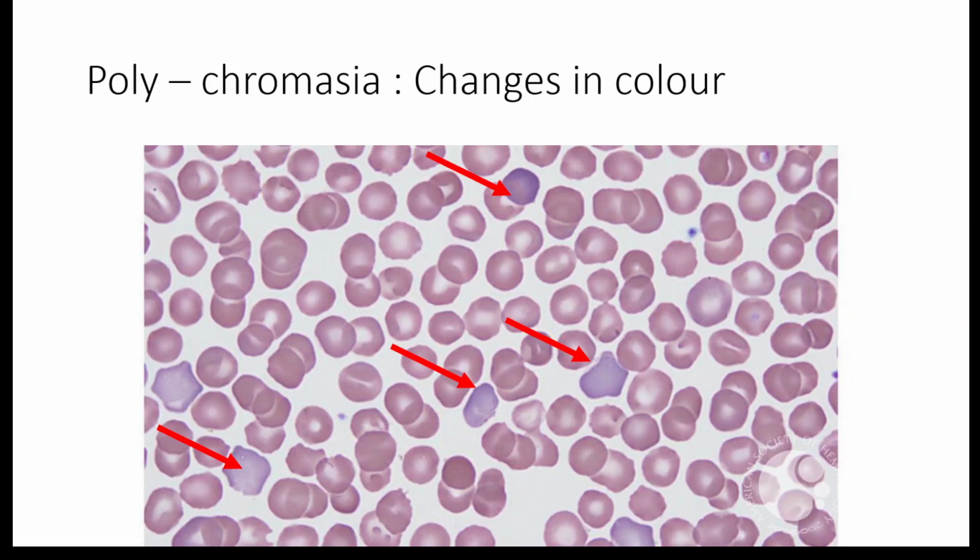What is the different coloring? These are reticulocytes which have come into the peripheral blood smear. So the presence of immature RBCs in the peripheral smear is called polychromasia. Polychromasia can be seen in two conditions. The first condition is an anemia which is being treated, an iron deficiency anemia being treated with iron. The response of the body will be to produce more RBCs, and the reticulocytes will come into the peripheral smear, and I'll show you polychromasia.